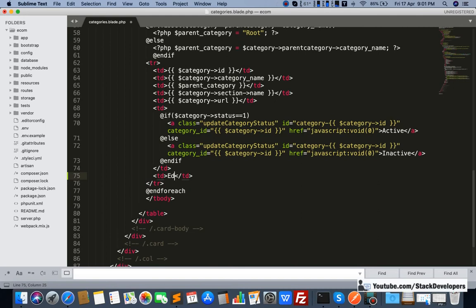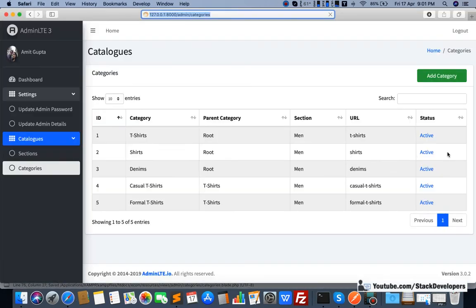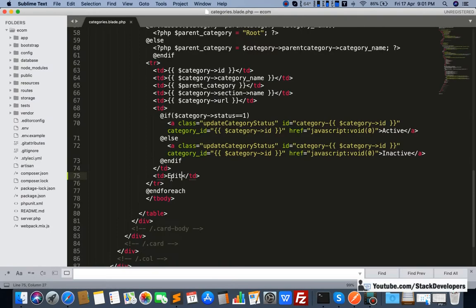So I will give here edit, and you can see that it appears there. I am going to make it a link with href. I'm going to add the URL, and that URL is our admin add edit category common URL that we are using.